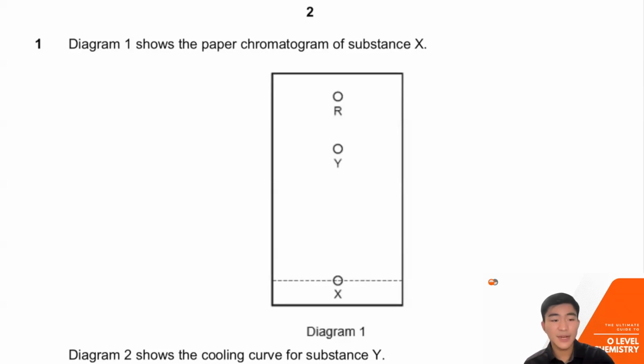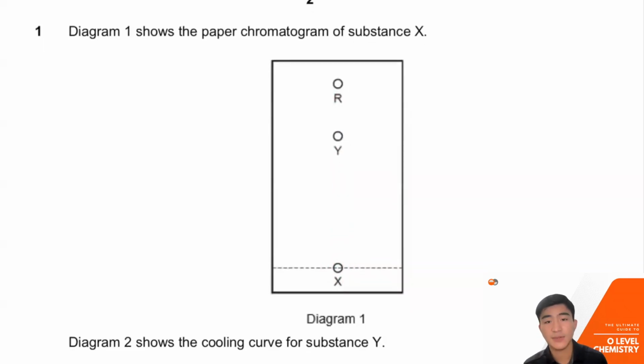All right, now let's look at question number 1. In this question, we are given a diagram, and this diagram is on paper chromatography. You can see over here that X is the dye, and this dye I'm going to put over here and it's going to travel up. When it travels up, it splits into 2 different dyes. And this brings me to my first concept that I want to revise with you, which is about chromatogram. Now, in the chapter of separation techniques,